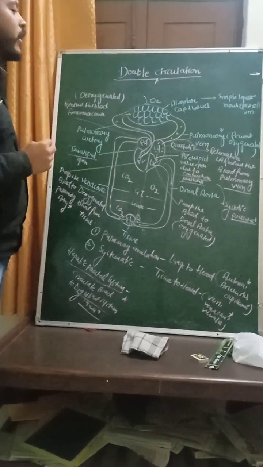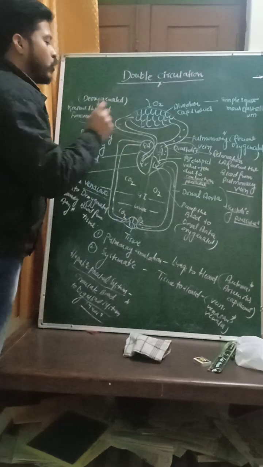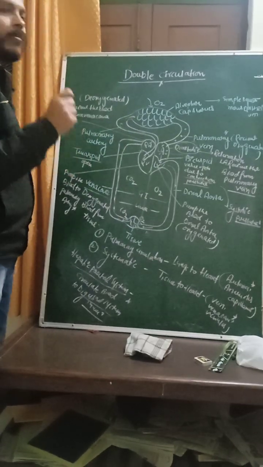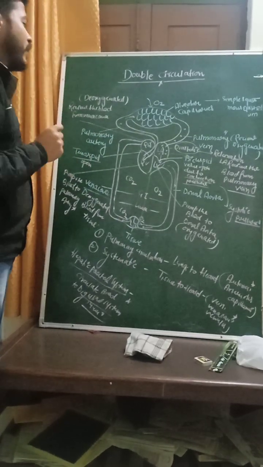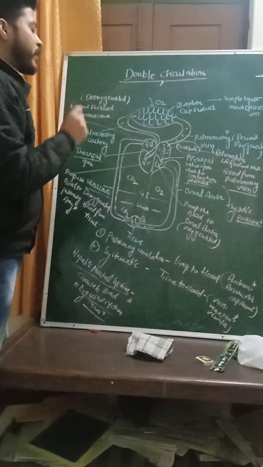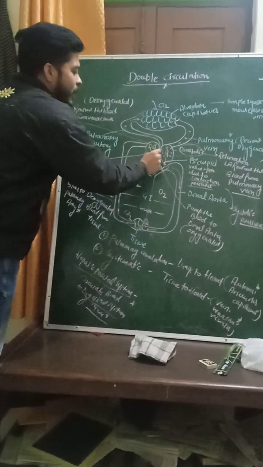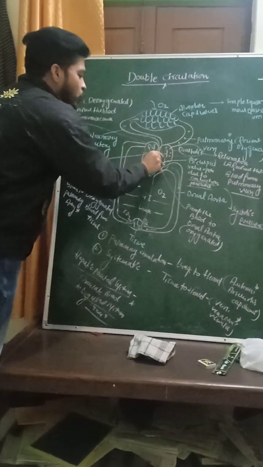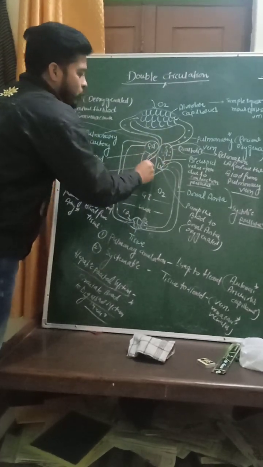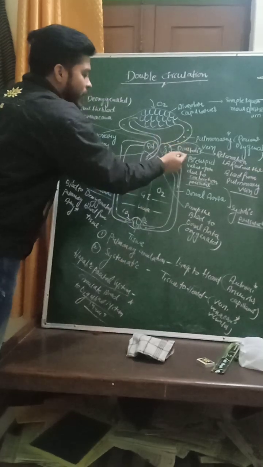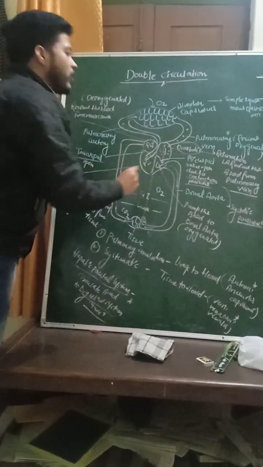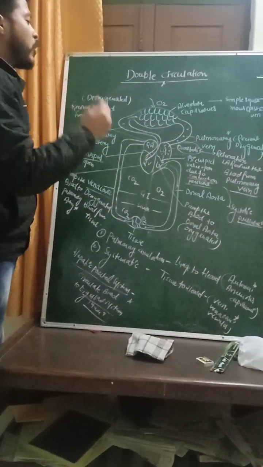So there are two words, one is diastolic, another is systolic. During the cardiac cycle, when one heartbeat takes place, that takes 0.8 second. In the 0.8 second, four events take place. That is called atrial systole and diastole, ventricular systole and diastole. Diastole means relaxation state and systole means contraction state, when the pressure is higher.